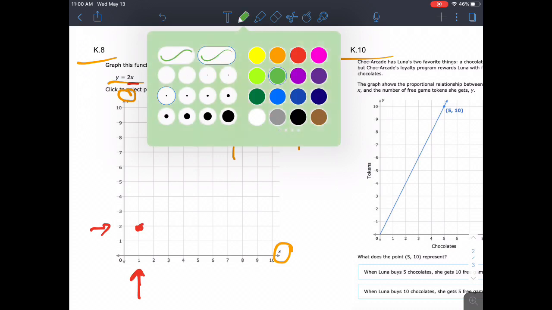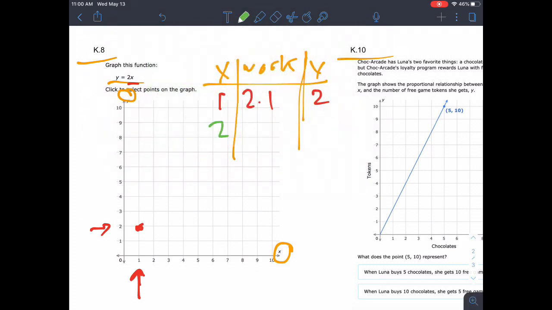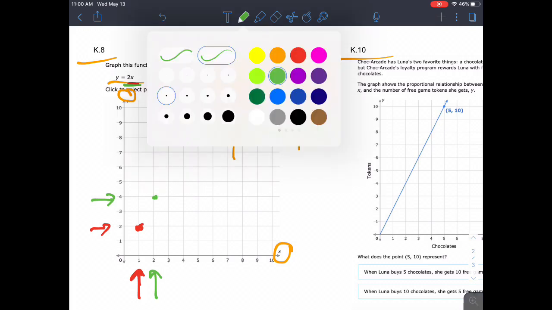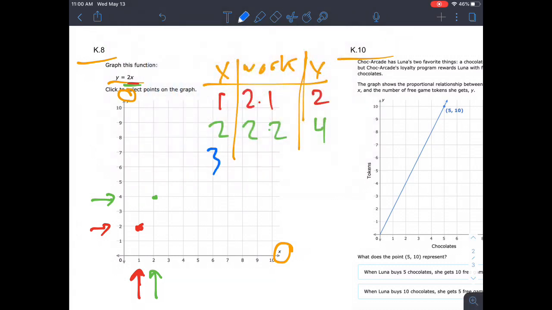Okay, what about when x is 2? I plug it in. 2 times 2 is 4. So when x is 2, y is 4. I find where those two lines meet. It's right on that dot. I'm going to do one more. What about when x is 3? 2 times 3, again, y equals 2x, is 6. So when x is 3, y is 6. I put a dot, and then